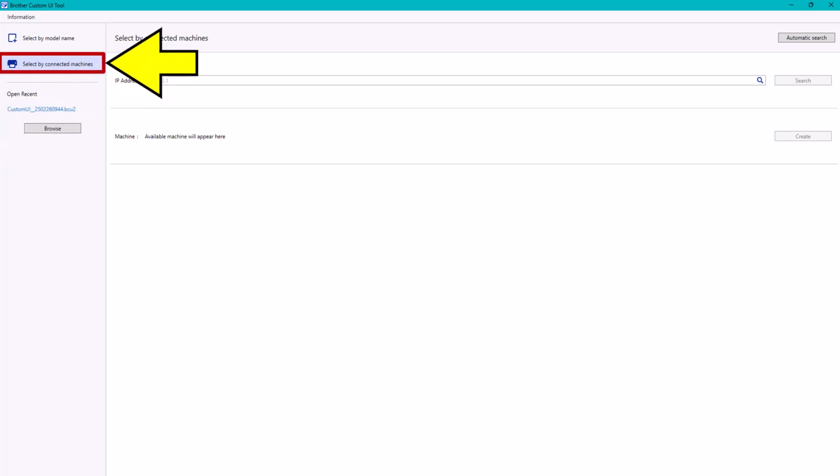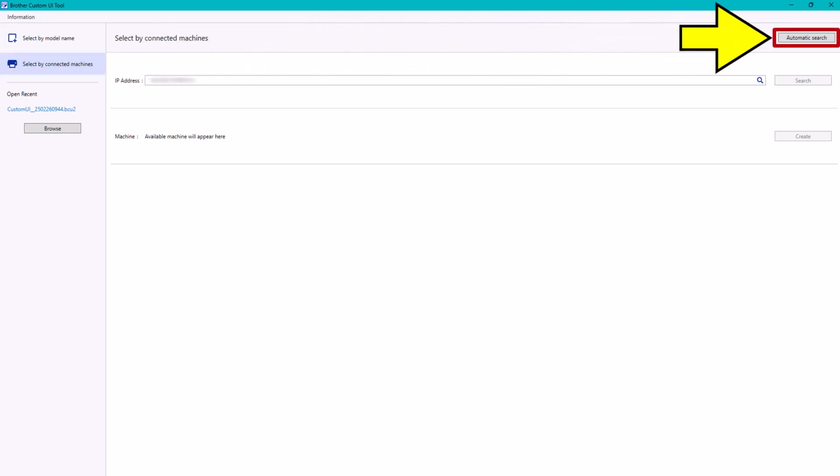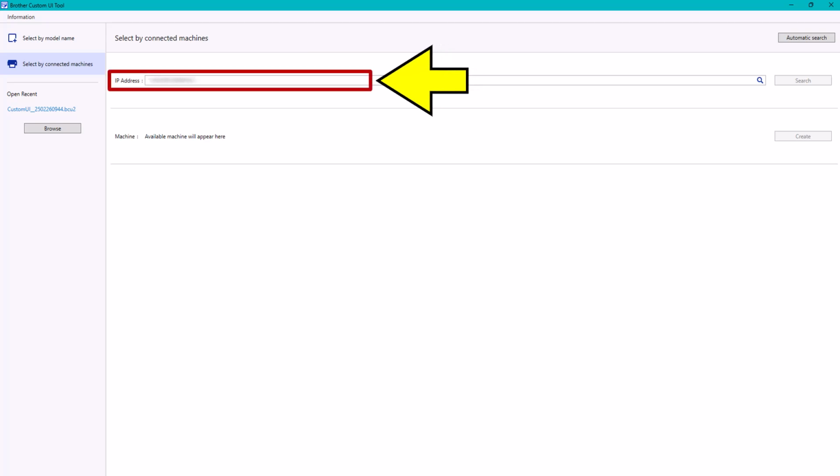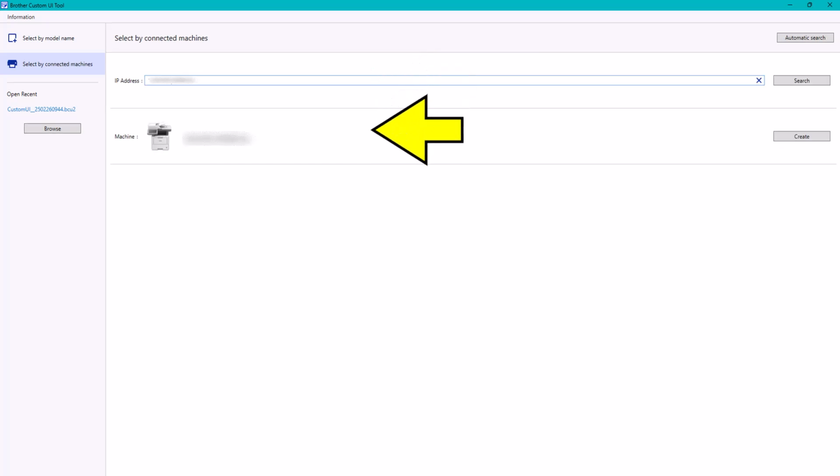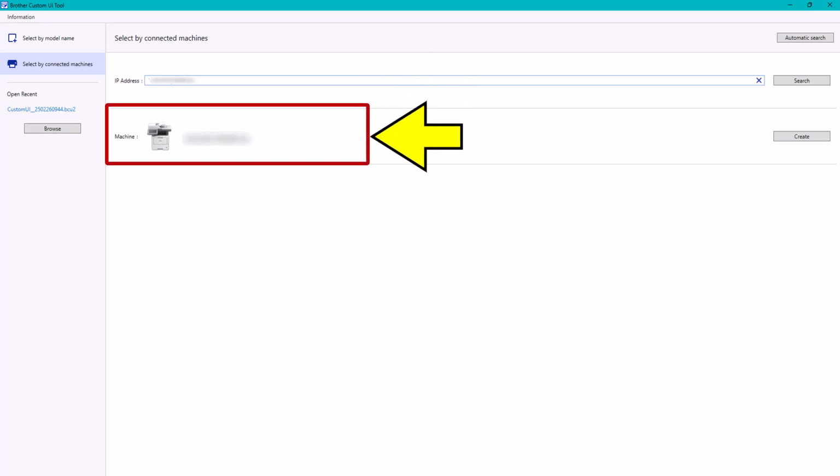The other option is to select by connected machines. You have the option of selecting manually. Select that here. Then enter the IP address of the device into this field. Now your device will be listed.